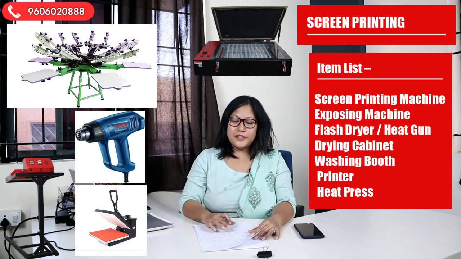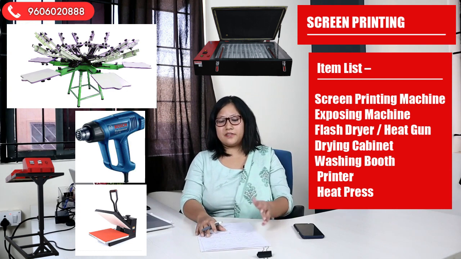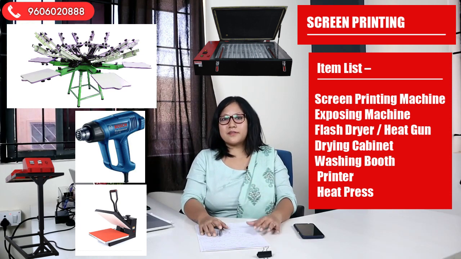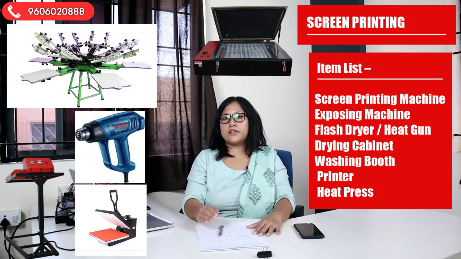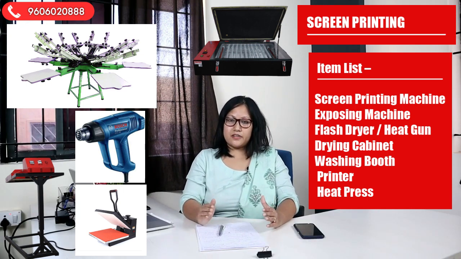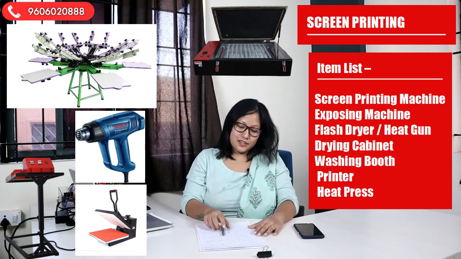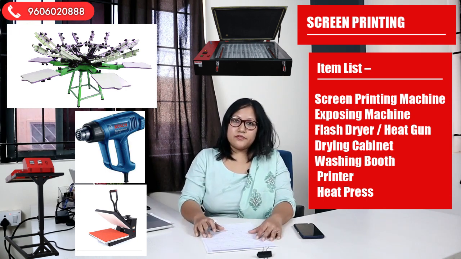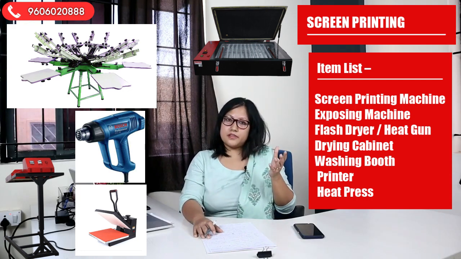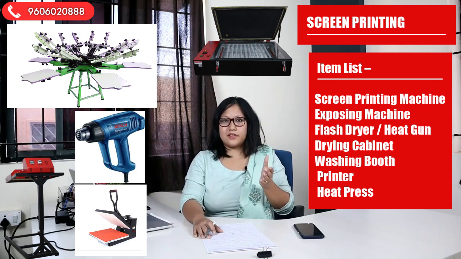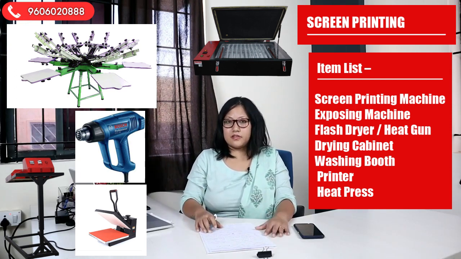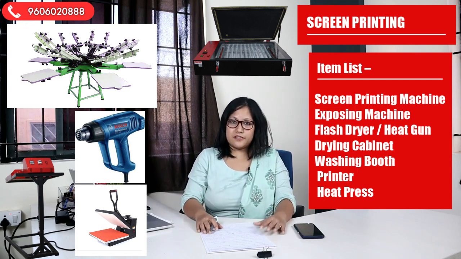The fourth one is the heat press machine or a conveyor, because a heat press machine is always necessary in all printing methods, not only in screen printing but also in sublimation, DTF, DTG, everywhere heat press is required, as I mentioned before. And a conveyor is for a larger scale, if someone is doing 3000, 4000 or 5000 pieces per day, then a conveyor is necessary. If you are starting up, then a heat press is okay, if you buy the heat press, that is enough.